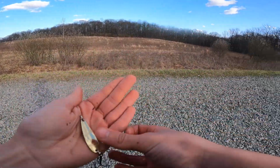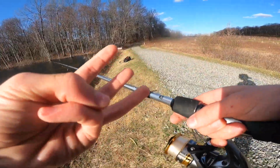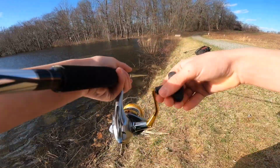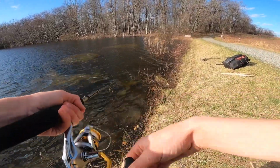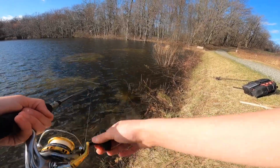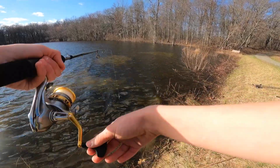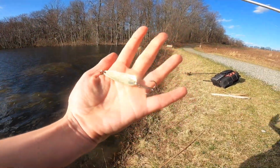Gold spoon, super windy conditions. All right, guys, so 3 fish. Pretty much a fish every like 5 minutes at this point. And this is super fun. As you guys know, I'm a bass fisherman. I'm usually fishing for bass in my local ponds, but a good little trout fishing session, especially when they're eating this well and this often on a really fun bait to throw, something I think is really underrated, and that's